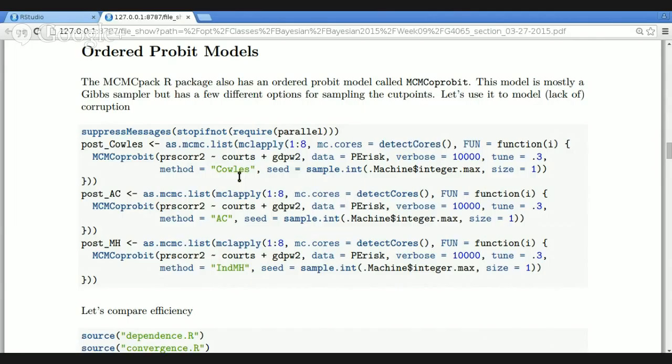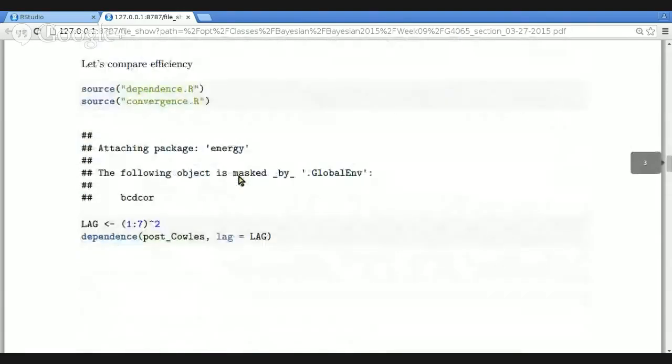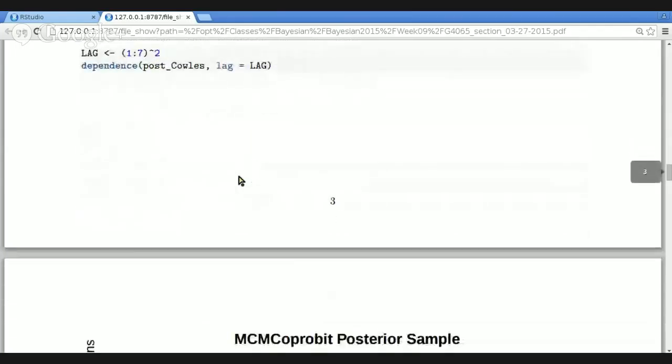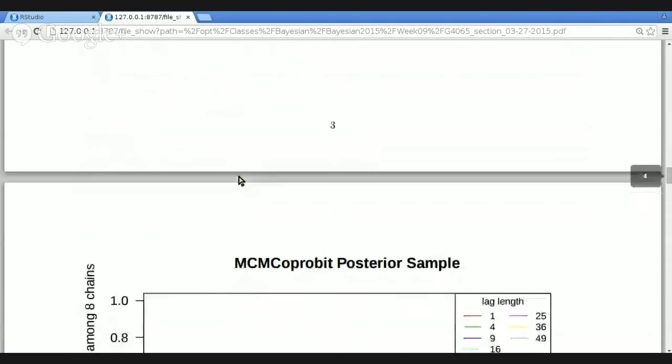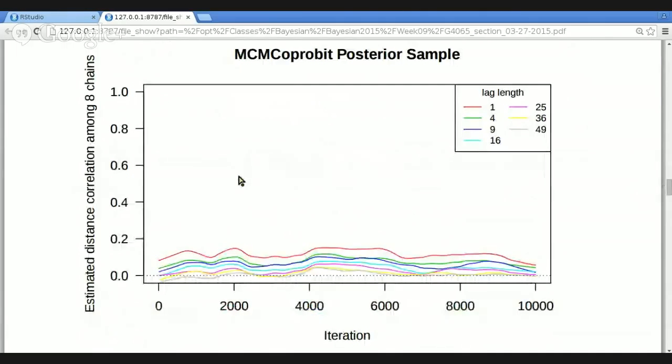the gammas. Remember, with MCMC, you have to give it different seeds when you call it with multiple chains. So I just draw a seed randomly in R and then pass it over. And then we can compare the efficiency or lack thereof of these three different ways of estimating the ordered probit model. So if we look at the first one using the cows updating method, we get a dependence plot that looks like this,